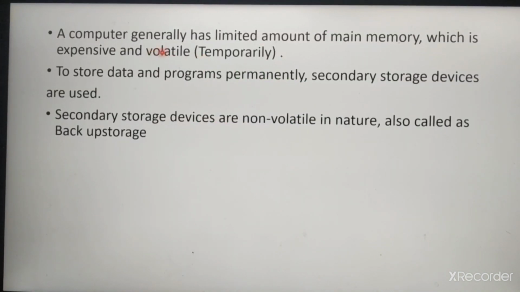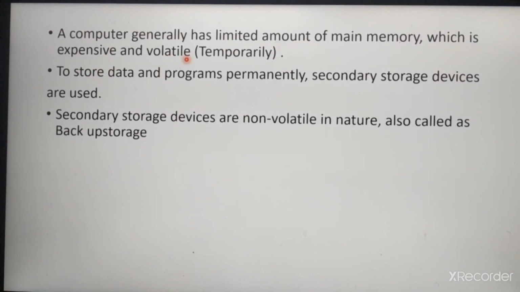We know computer has a memory which is called main memory or primary memory or random access memory, simply called RAM. Here we can store only a limited amount of data. At the same time, it is very expensive and volatile also. Volatile means once the power is off, the data will be deleted from the main memory. So we need another storage device to store a large quantity of data permanently.